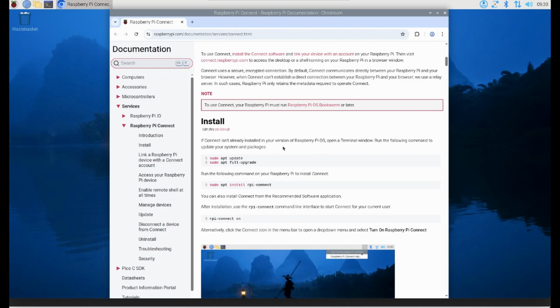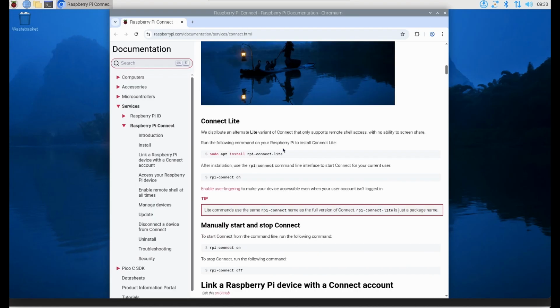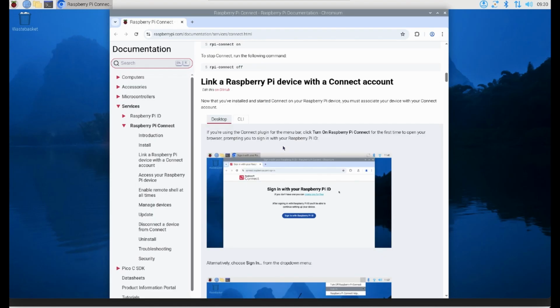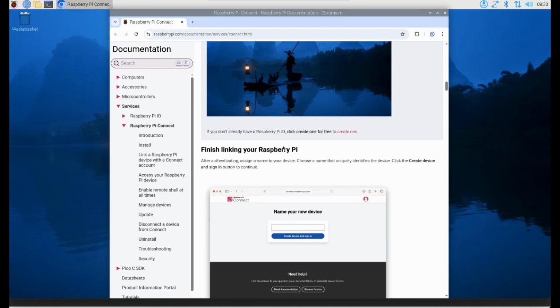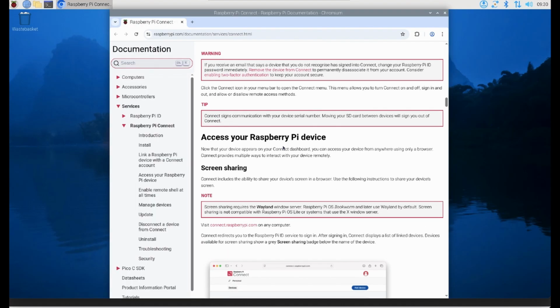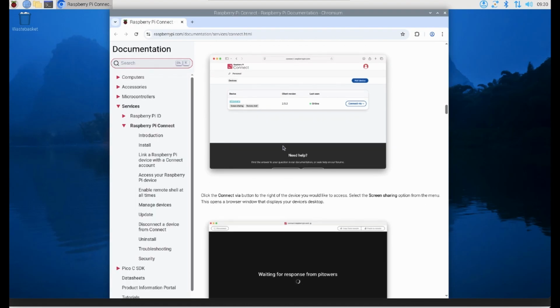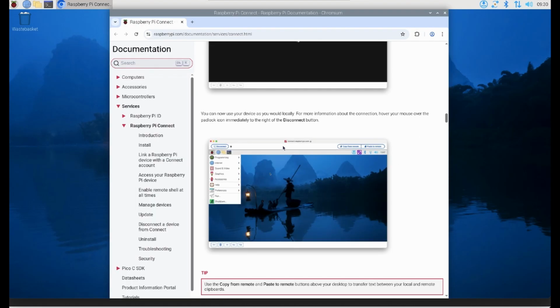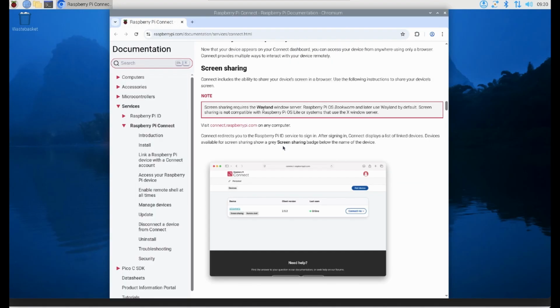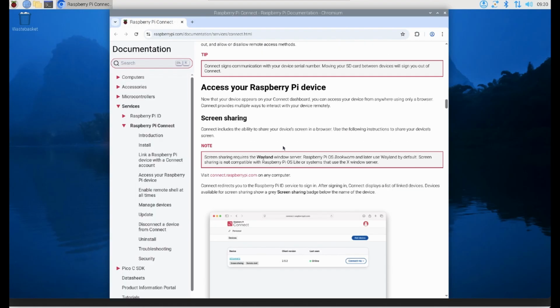If the icon doesn't show, then you have to follow the instructions to install it, and you will see that icon on your bar at the right side on top. Once you install it, you go to this link over here, connect.raspberrypi.com,